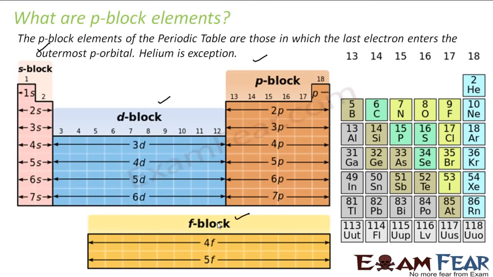Going by definition, P-block elements are elements whose last electron enters the p orbital. You can see this from the electronic configuration. Helium is the exception here. Helium is considered P-block, but actually helium doesn't have